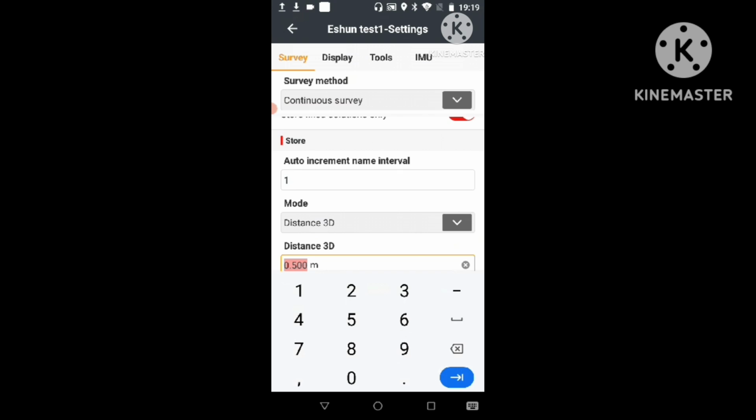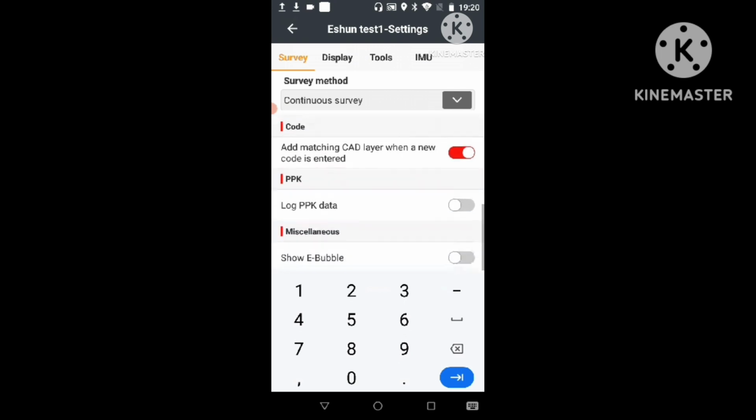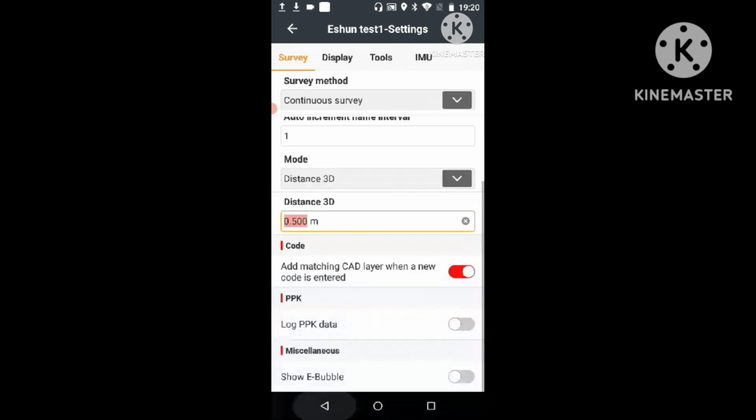My material here is just small, so I prefer using 0.5 meters in doing the calculation. So in every 0.5 meters, the instrument picks a point and I continue. Okay, so everything has been provided. So I go back